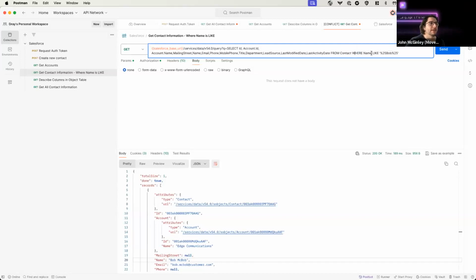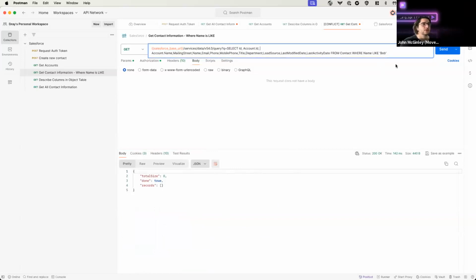And the where statement is going to be how we're determining which user we should actually be pulling the information for. So this where statement is going to need to be dynamic, where based on who the user is asking for information about, we're going to need to fill this in. The reason that we have these percentage 25 inputs here is because this is URL encoding. So essentially, when you try to send a call like this out without these values,